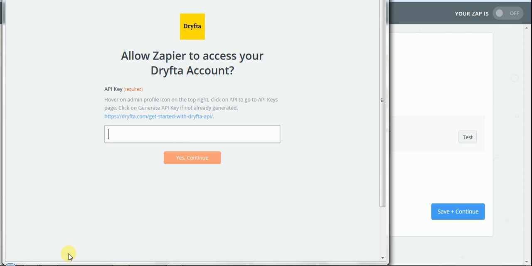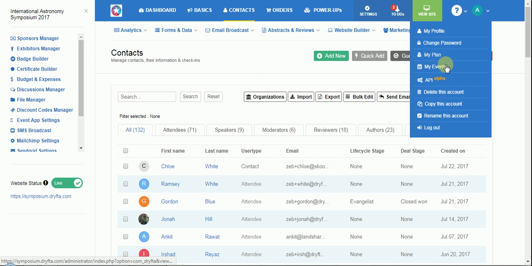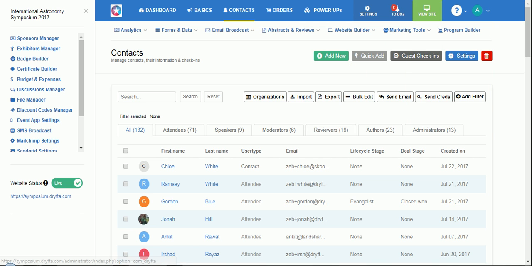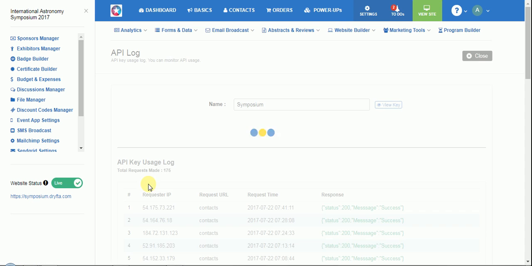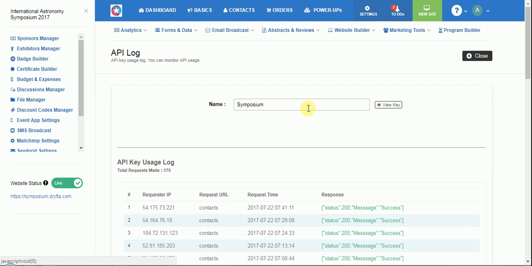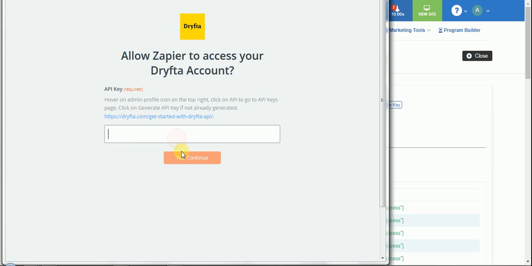So I would go to my Dryfta backend and click on API to find my API key, or I can also generate a new API key from here. So I already have an API key, so I'll click on Symposium and then click on view key to copy my key from here and then enter it here, and then once entered I would click on continue to continue with the next step,